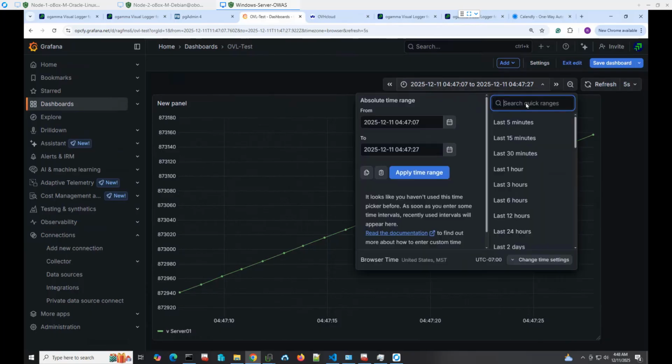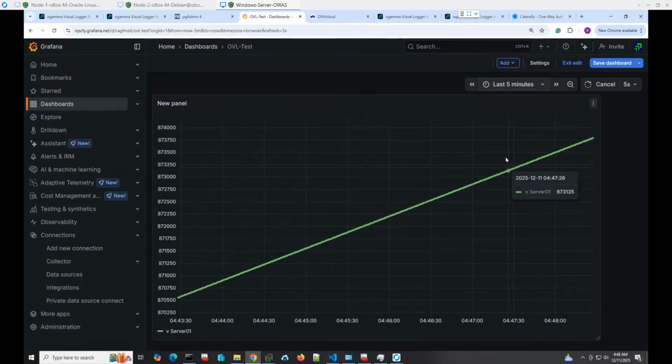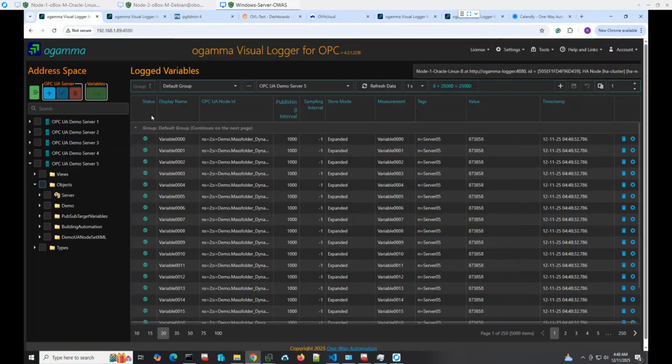And now I'll go back to show the last 5 minutes. And in this browser, I also have access to the configuration web page for both Visual Logger for OPC nodes. You can see here what we have: 5 servers, and if I click on the server node, then it will